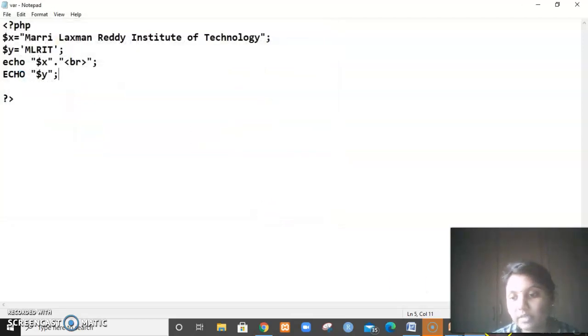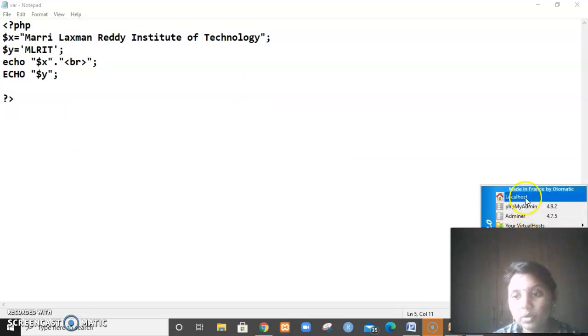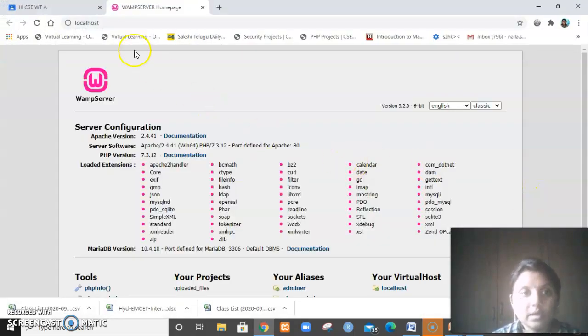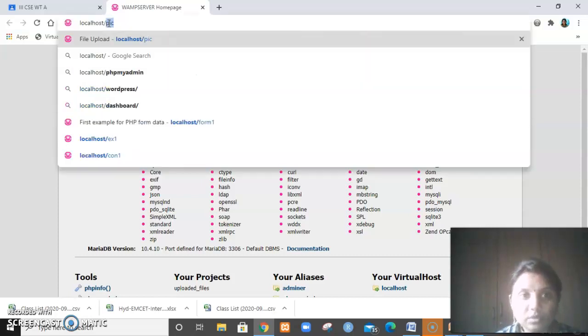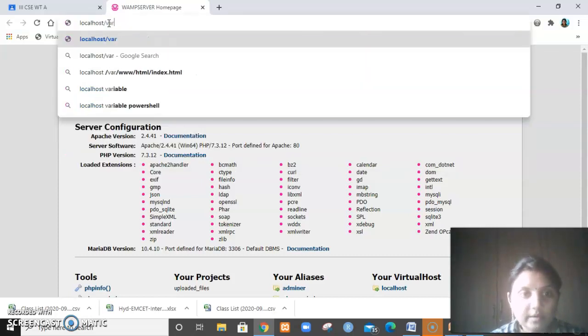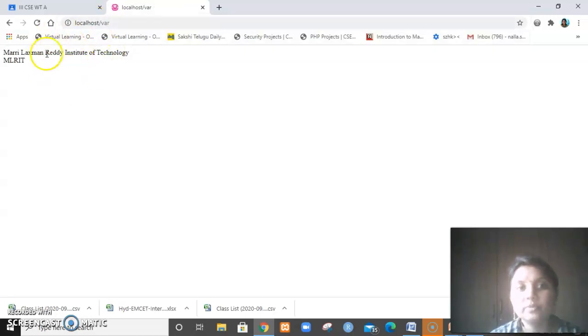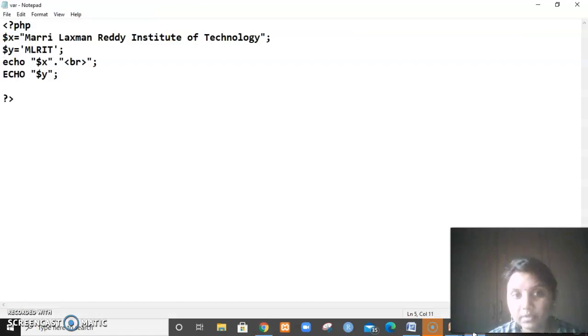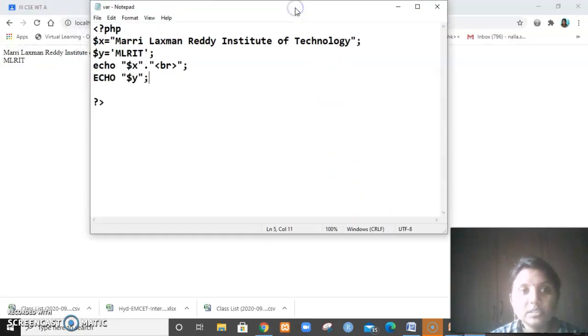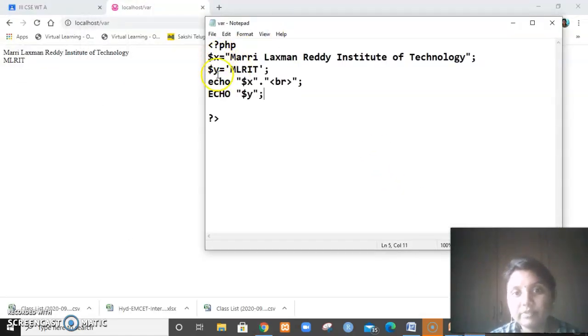Once you have saved the program, go to www, click on localhost, and if you want to see the output, after localhost give var. So this is the output we are seeing, for the program with $x and $y as different variables.